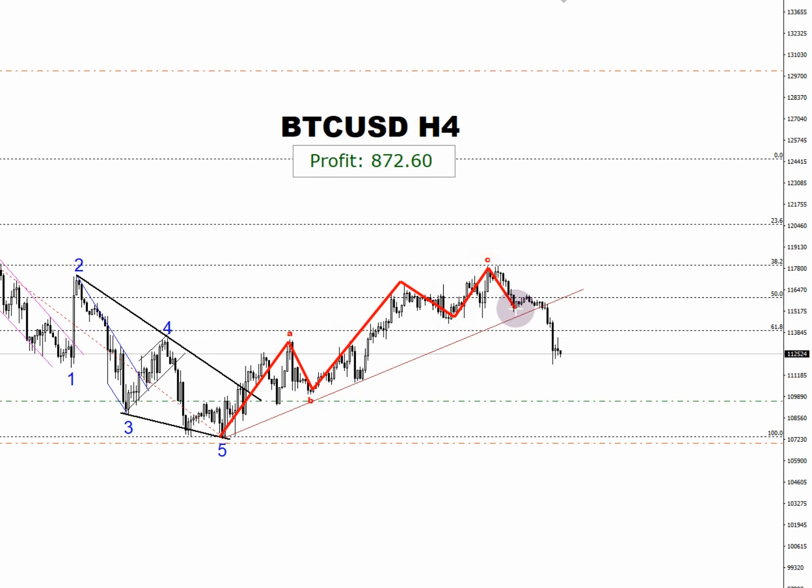And this was already an ABC correction for us. So this might have been the first subwave, this the second correction, and then we will have 3, 4, and 5. We might continue trading within this specific structure as we progress towards the overall trend, aiming for the completion of the fifth wave. If I weren't closely analyzing the daily time frame, I might not fully grasp or appreciate the overall picture of what's truly happening here.